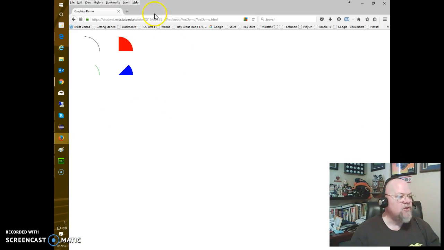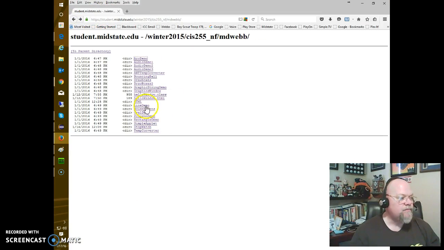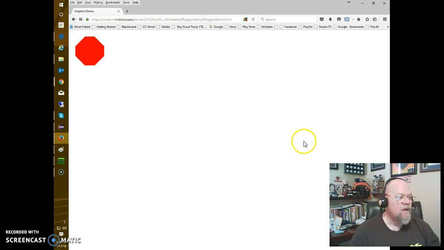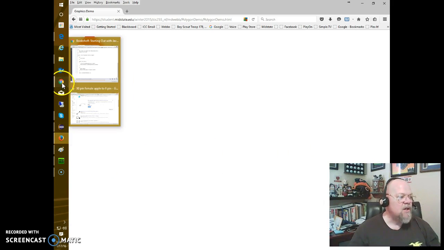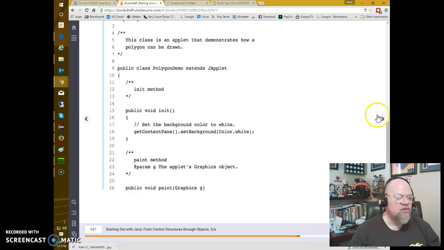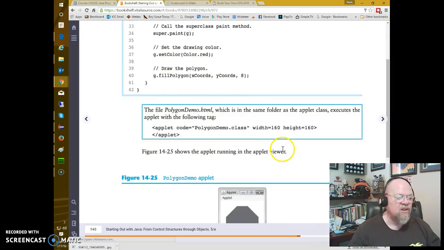So when we run this, there we have a stop sign. So it's red, it's filled. Now another thing we can do, another piece in the book, is this thing that allows us to basically write